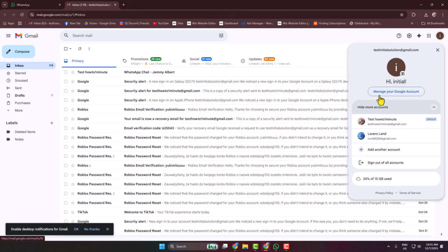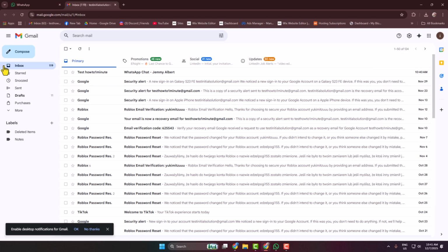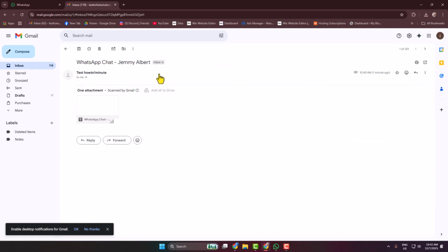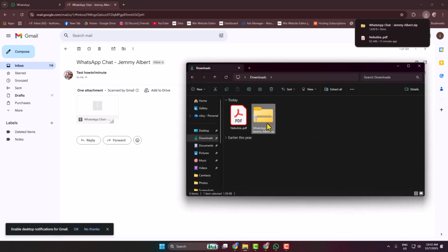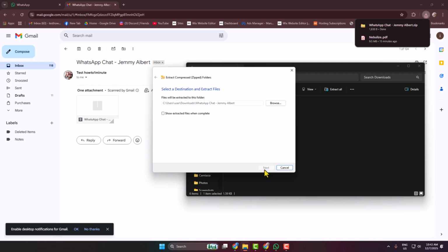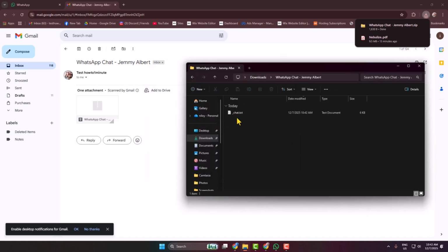sure to select the exact Gmail account and come to inbox, and here open the mail, and here we can see the WhatsApp chat file. So just click on download and we can see the chat file successfully downloaded. Now go to File Explorer, go to downloads, and here is the zip file. We have to unzip the file first of all, then open the file, and here we can see the chat.txt